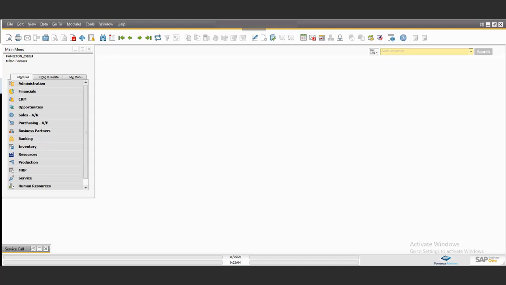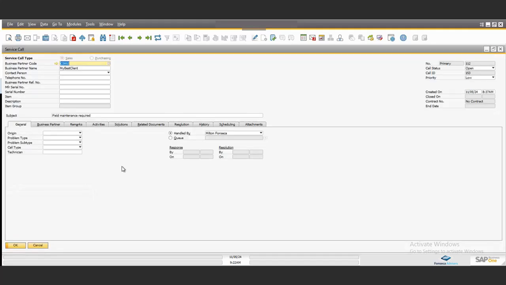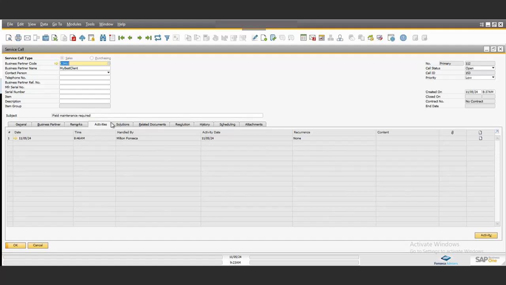So today, if we have an example, I've received a call from one of my clients. I'm going to, as per standard or not, create a service call for my client, and I'm basically going to document exactly what is needed. He phoned me today and requested some field maintenance for, maybe, one of his conveyor belts or something like that. And within that, the system will allocate activities to specified resources for them to review and maybe create a sales